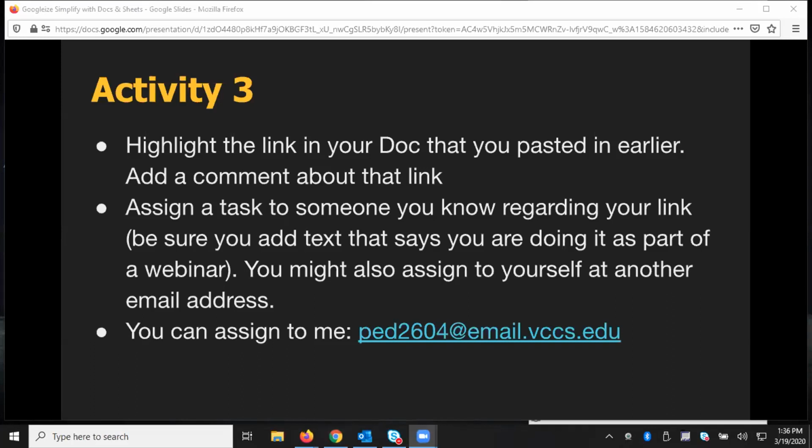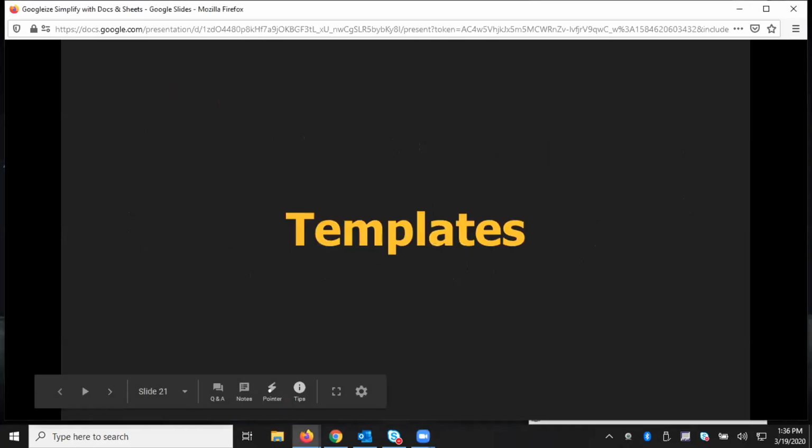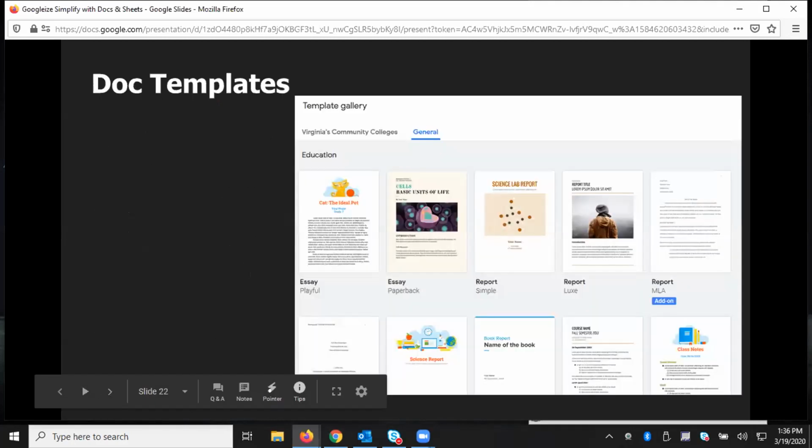All right, so let's go on. Templates. Sometimes we just don't want to be all that creative and we're kind of in a rush. Can't imagine why that happens, right? So you actually have more than that, but you have two places that already have pre-done templates for you. So you have doc templates, which you can find by going to